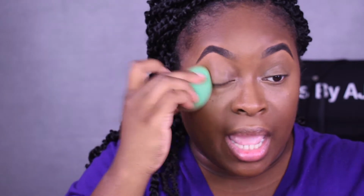Alright, so I have one more thing to test out. Like I said, I have used this concealer before, but this is only the second time I've used it. So this is still kind of me getting to know this concealer a little bit. It did perform well underneath the eyes. It performed similar to my Too Faced. I do have some fine lines underneath the eyes that I just can't do anything about. The concealer's going to settle and the powder's going to...